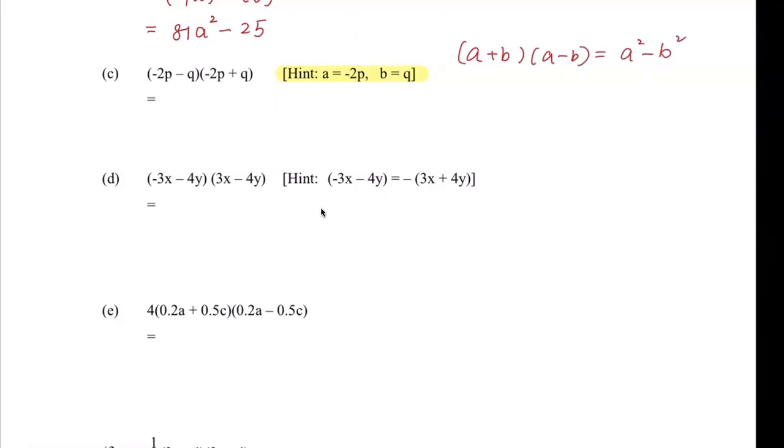In this question, A is equal to minus 2p, B is equal to q. So the answer should be minus 2p squared minus q squared, which is 4p squared minus q squared. And question d,